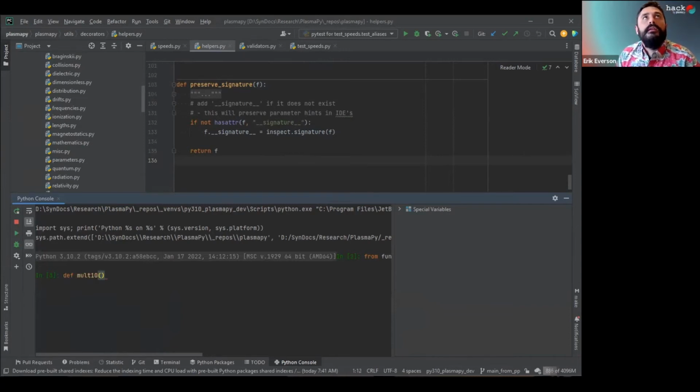So this one would have, trying to remember the pattern, colon, define wraps, define wrapper, star args, star star keyword args. We want to